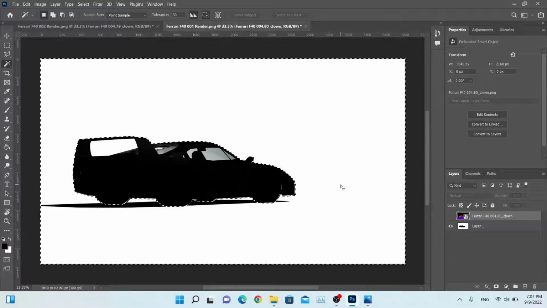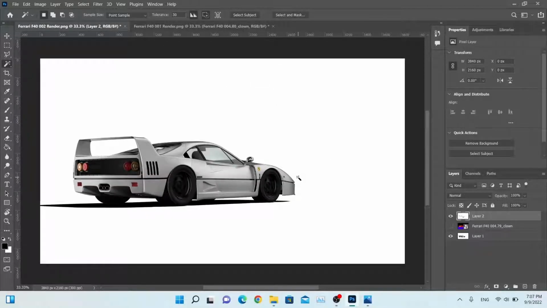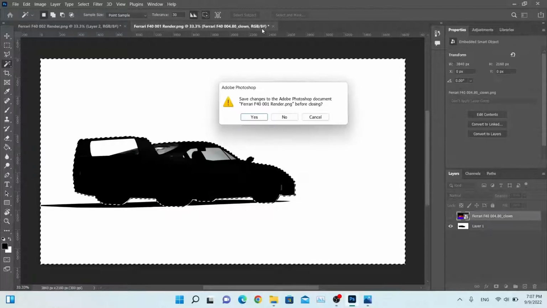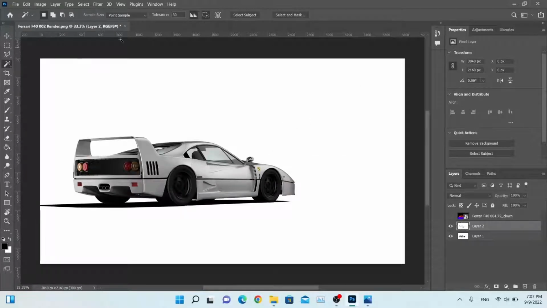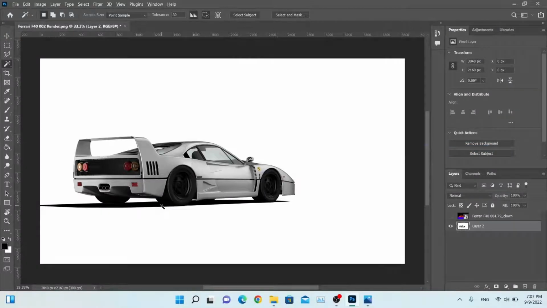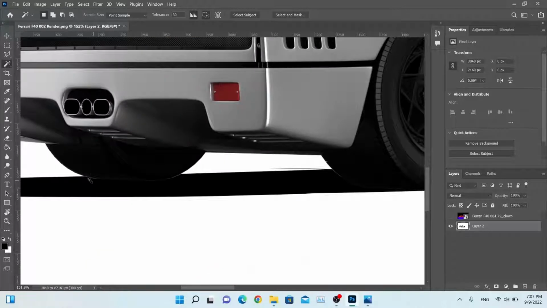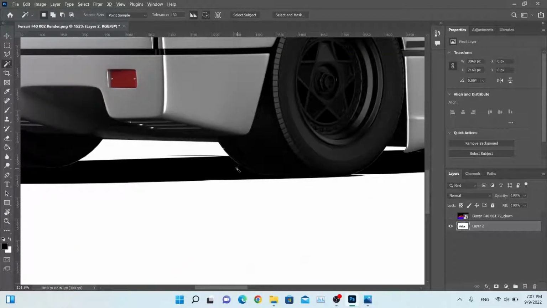So select background, Control Shift copy, and now we are just going to paste our shadow right here, and you can see we successfully combined these two images or these two renders. So we don't really need this one anymore. So I'm just going to close it, and we are going to merge these two layers, something like this, and we are going to fix some issues, and that's issue number 1. That's these white spots around the